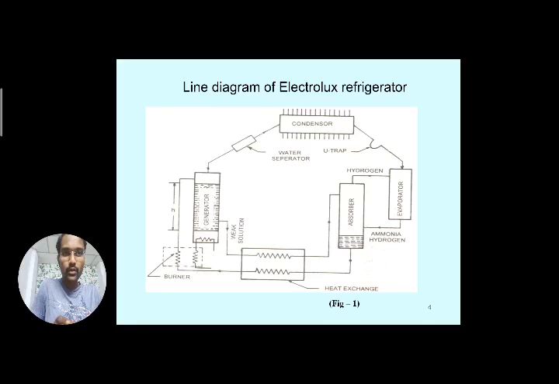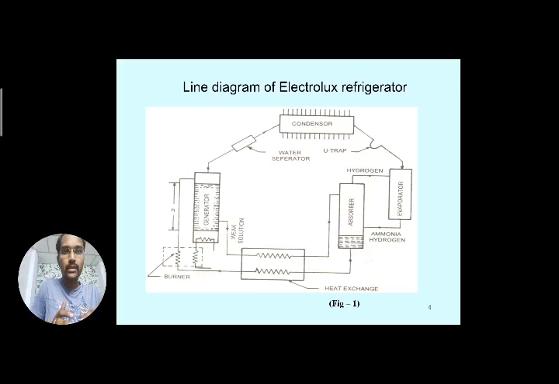So in between the absorber and generator there is a heat exchanger. And if you observe here, we are not providing a pump here. So this is the main explanation in this particular topic, Electrolux refrigerator. We are eliminating the pump. So purely it is making without the use of any mechanical components, more